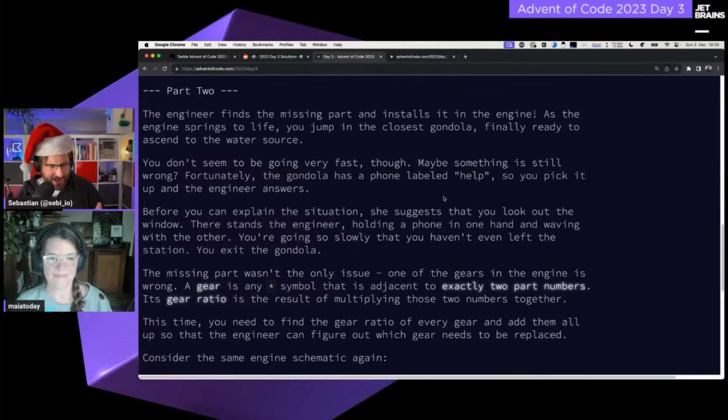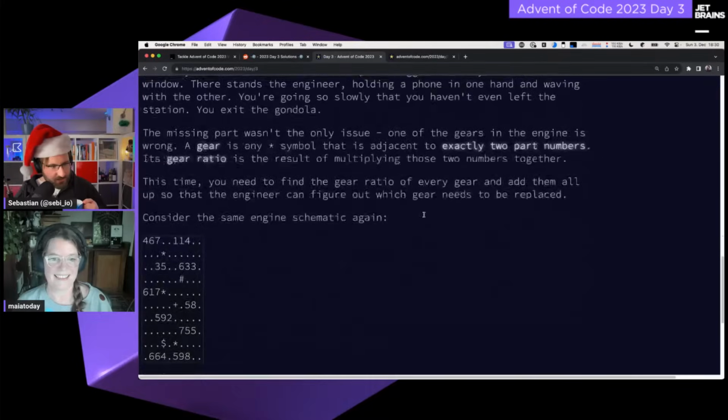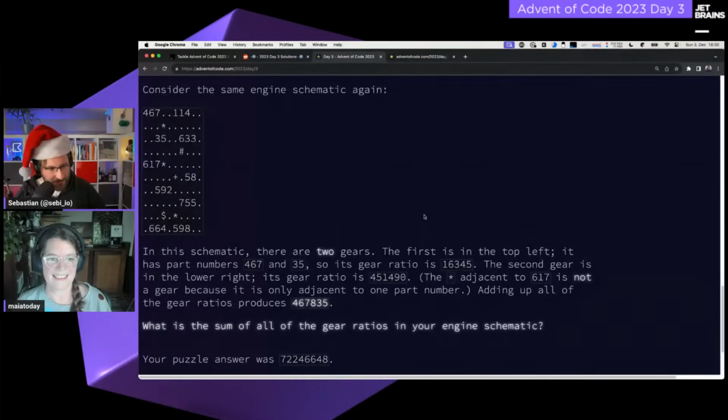A gear is any star symbol, or asterisk, I should say, that is adjacent to exactly 2 part numbers. Its gear ratio is the result of multiplying those 2 numbers together. This time, you need to find the gear ratio of every gear and add them all up so that the engineer can figure out which gear needs to be replaced. So, considering the same engine schematic again, in this schematic, there are 2 gears. The first is in the top left. It has part numbers 467 and 35. So its gear ratio is